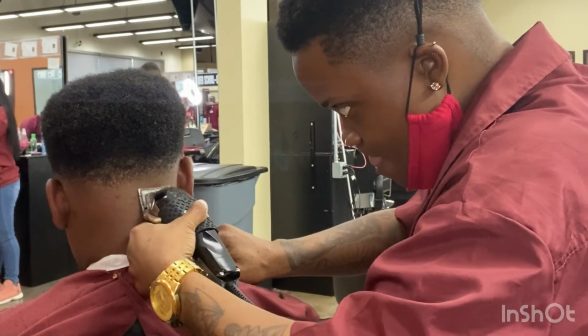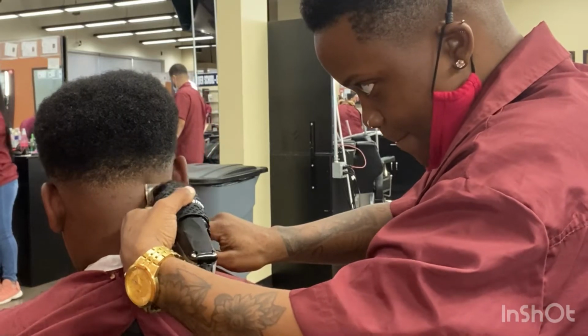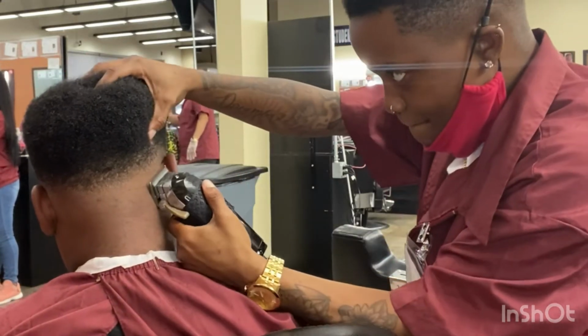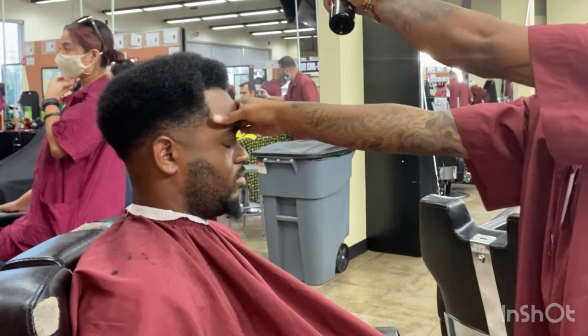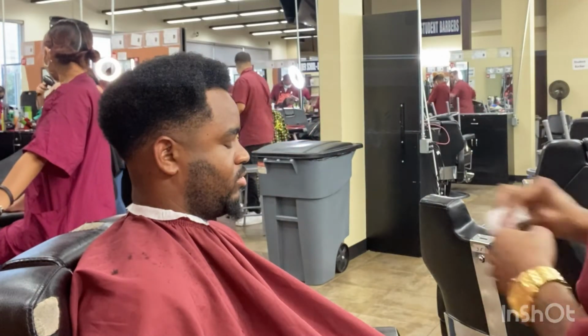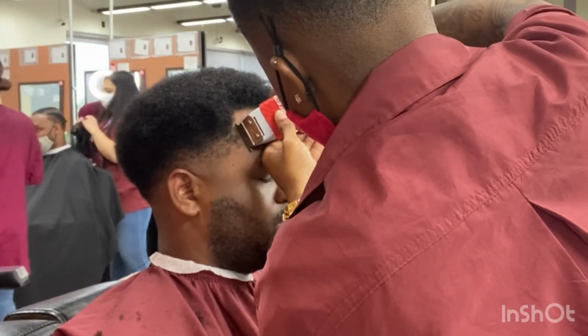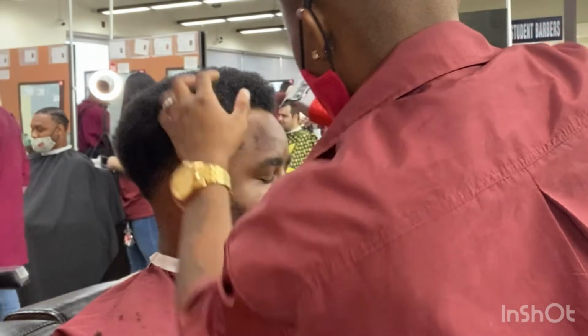Not only was I happy with this cut, but my client loved it. I thought, you know, in watching this video, obviously, and editing it, I can see I could have done more, but it was great. Right there, I just sprayed edge up spray on my client, wiping it down to make sure it dry, and then I came back with my T-liners and just